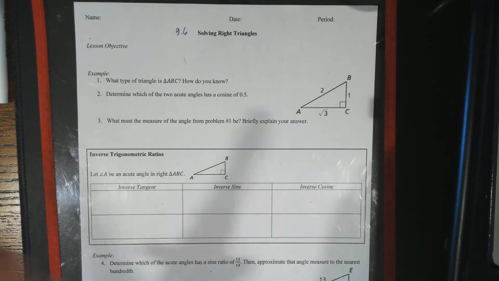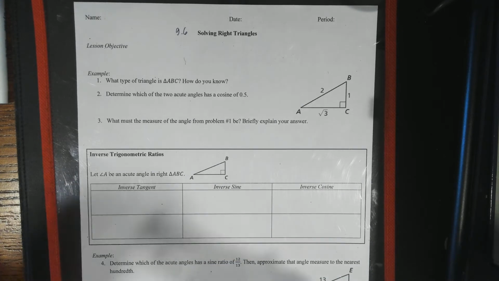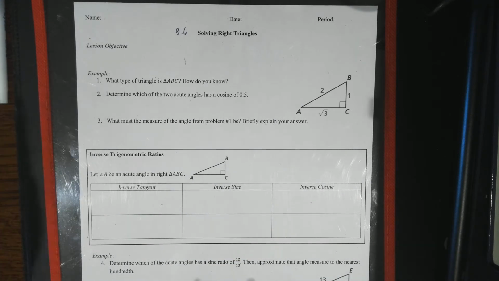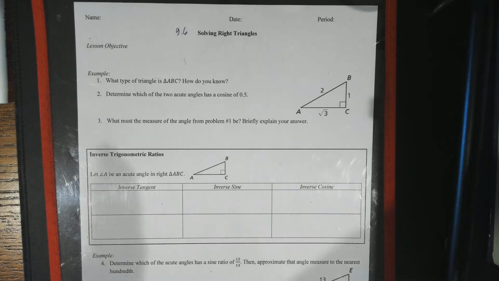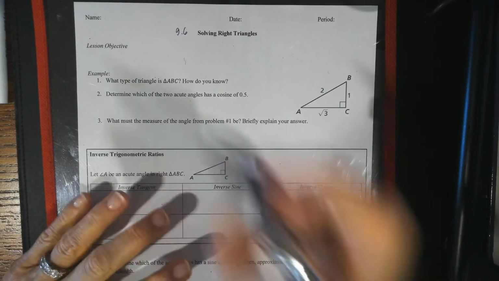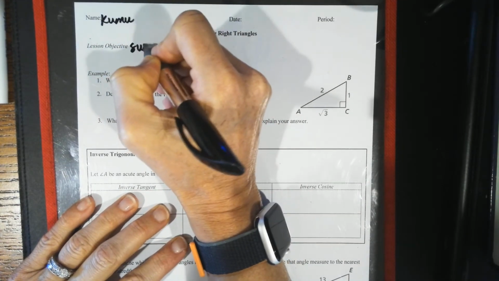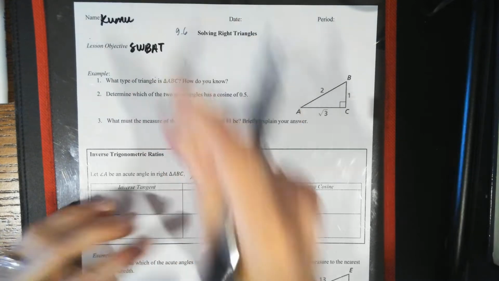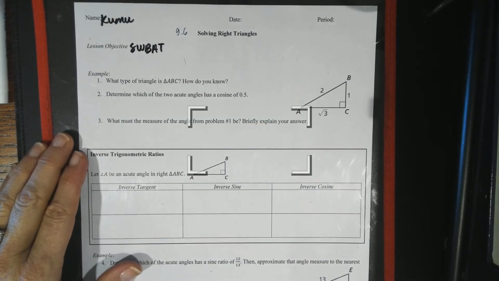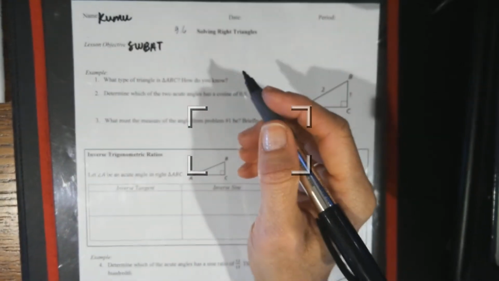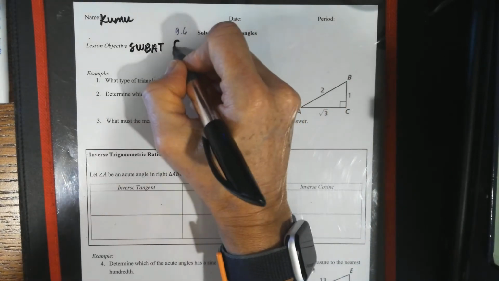So this is the inverse operation. This is the opposite of using the sines, cosines, and tangents to find the sides. Now we have the sides, and we're going to find the angles. It's exactly the opposite. So make sure your name's on your paper. And here's my objective for you. In 25 minutes or so, students will be able to find